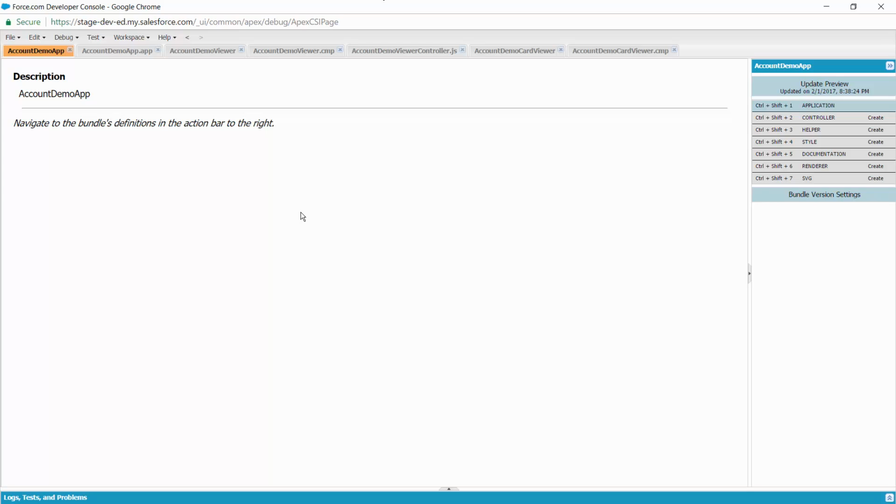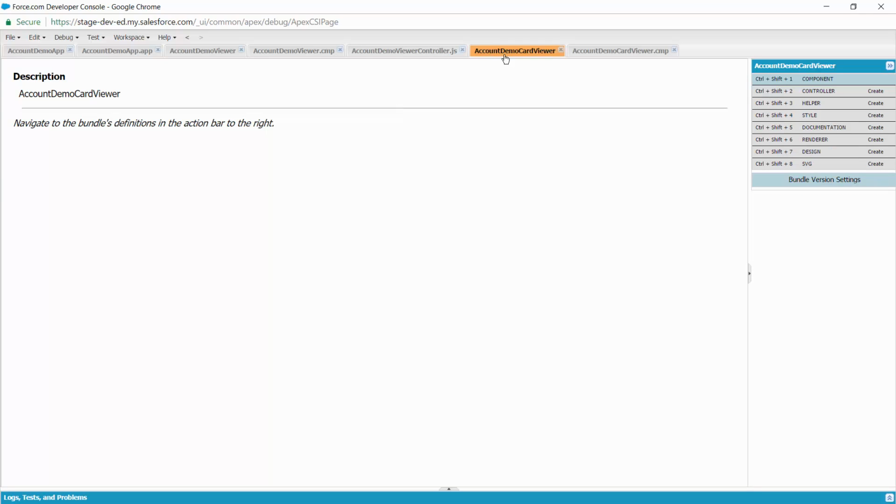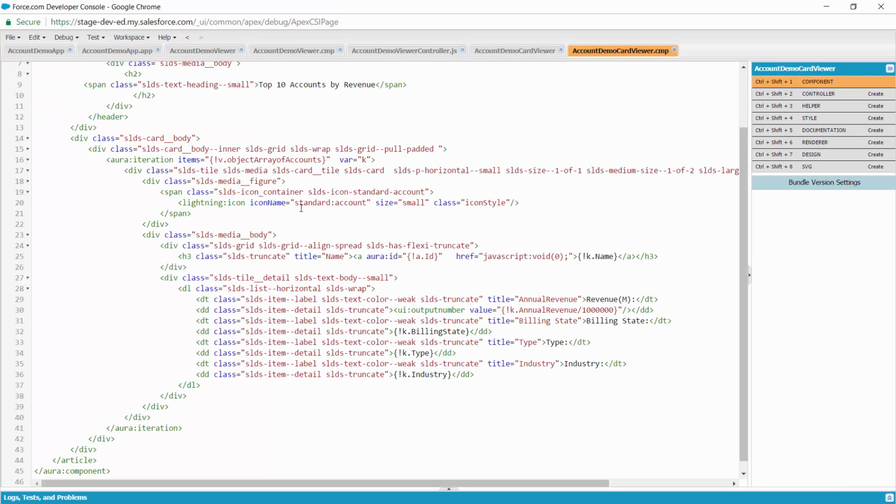Next, let's go back to the code. One thing I do want to show you is the use of the Lightning icon. This is a really hot topic, as I mentioned earlier, because it's very versatile and it's easy to use. If you want to learn more about it, go to lightningdesignsystem.com, which basically houses the documentation for the SLDS, and look for icons. Once you find the page, you're going to have a page that says, okay, here are the basic icons. And then there are variants of the basics. There are some called utility. There are some called